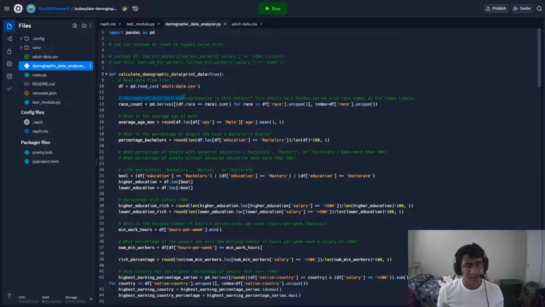First question: how many of each race are represented in this data set? Should be a pandas series with race names as index labels. So I'm gonna define the race count as a pd.Series, and here we're doing an enhanced loop. So for every unique